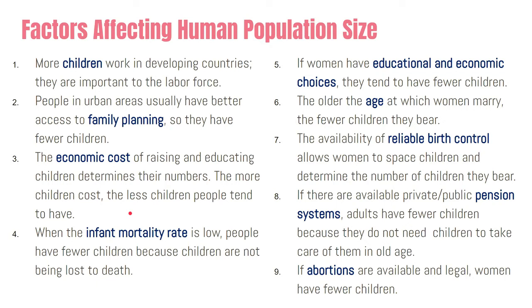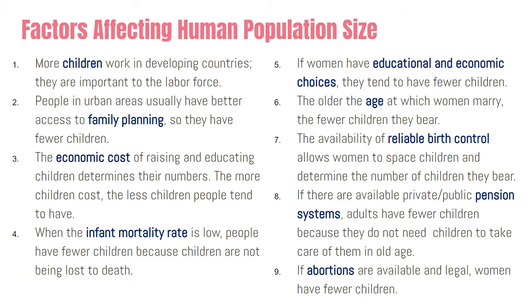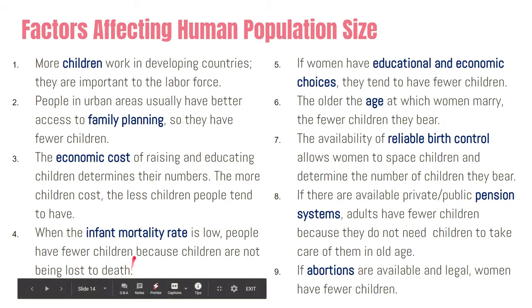Next, when the infant mortality rate is low, or when the number of children who die at a young age, so children's death, is low, people have fewer children. So it means that if there's an effective way to save those children with diseases, or to save those who were born with sickness or illnesses, so the better medicine and the better surgeries that were performed on them, the chances of them to survive is higher. So if there's a low infant mortality rate, people tend to have fewer children, because children are not being lost to